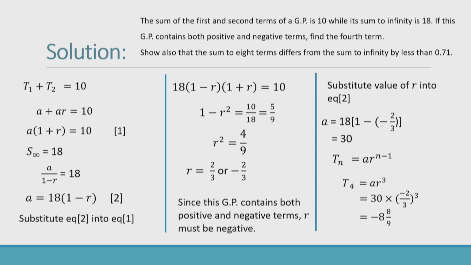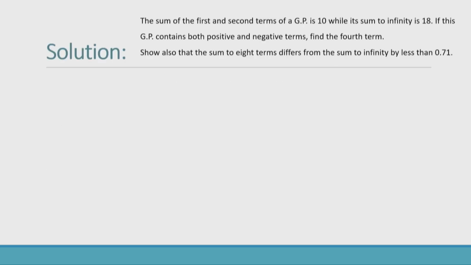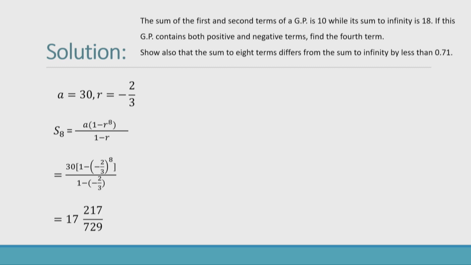Now there is a last part to this question. Show also that the sum to 8 terms differs from the sum to infinity by less than 0.71. So first I need to find S8. So a is 30, r is negative 2/3. Replacing in the formula for Sn, I get S8 to be